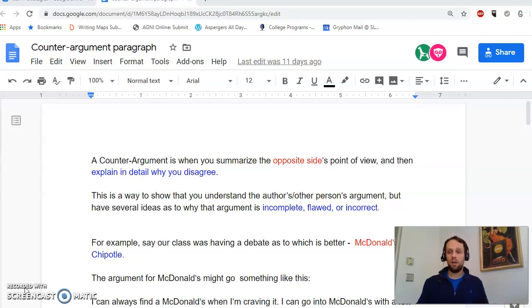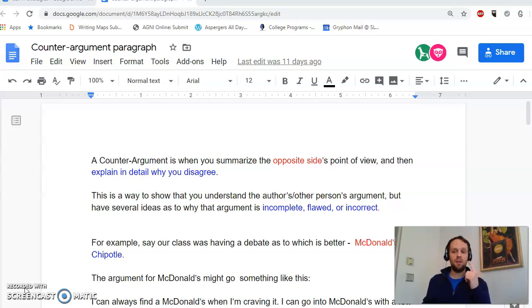So if that's your argument, and you've written an opinion paragraph defending this argument, and then you've written a second paragraph where you describe some sort of personal experience, the third step would be the counter-argument. So since you're arguing that multitasking is a bad idea, you at least want to think about what's the other side of this argument. You know, there are people out there who believe that multitasking is a good idea.